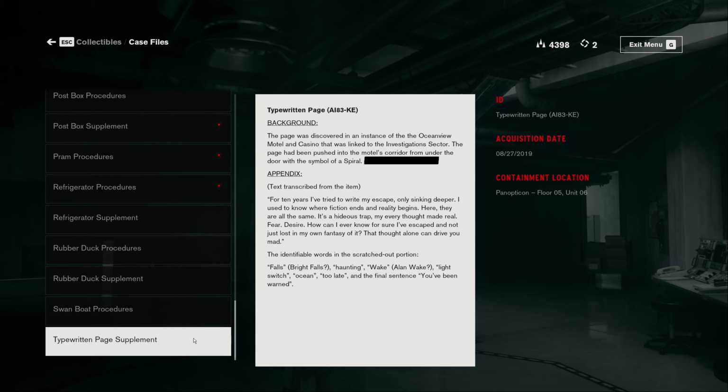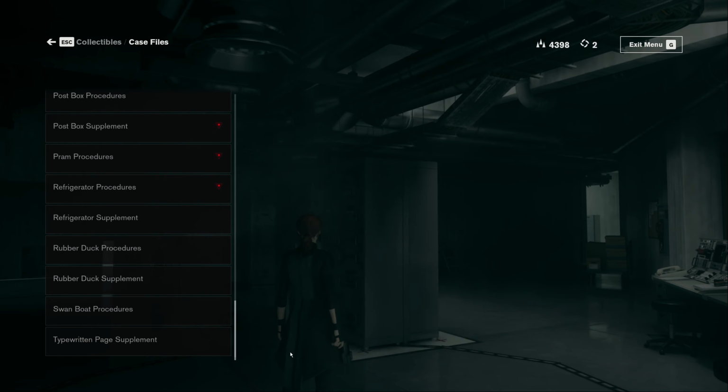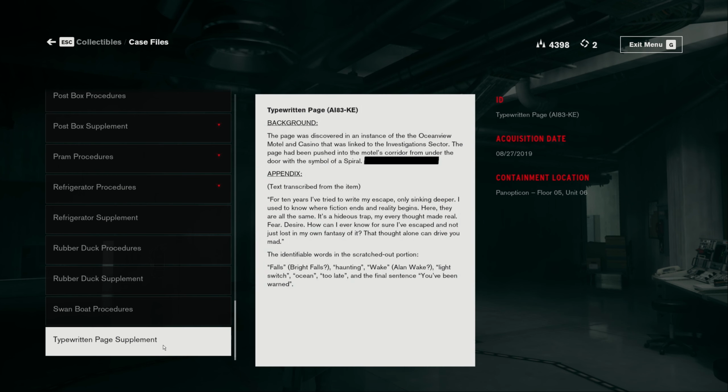I've just been editing together episode 15 and realised that I'd picked up a typewritten page supplement in the hidden area, but when I clicked on to look at the collectible, it had shown me this one, the refrigerator supplement, which I actually hadn't read anyway. But the typewritten page supplement, as I expected it to be, is to do with Alan Wake. But I didn't read this. So, typewritten page,